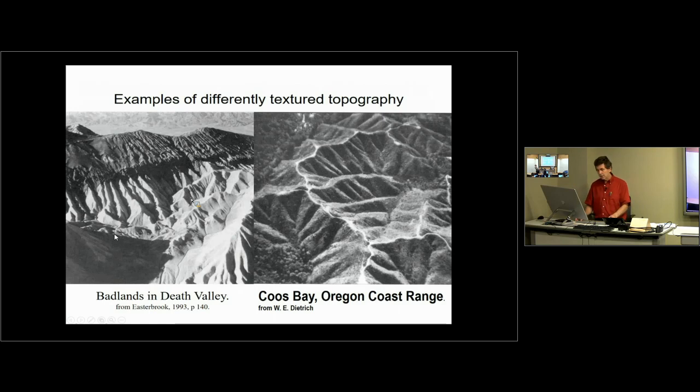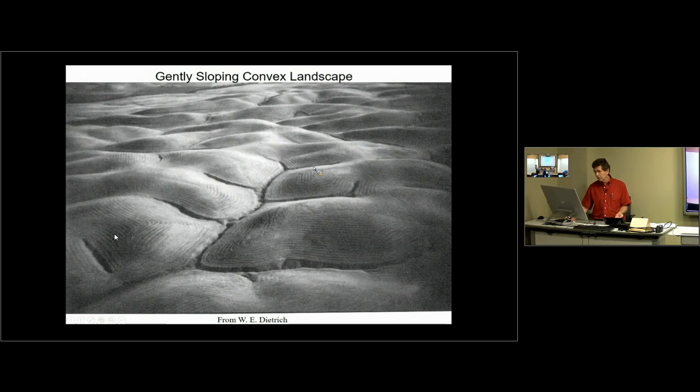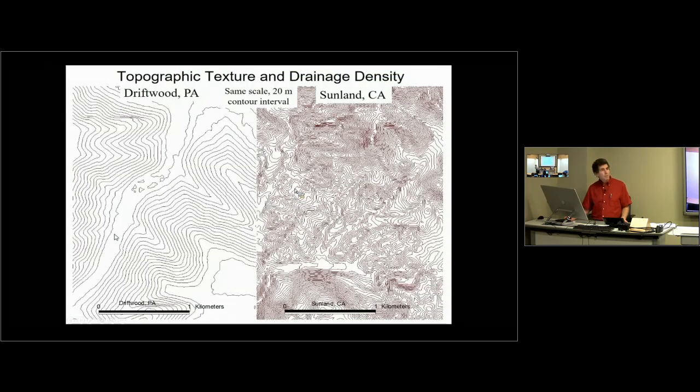So I've just got a couple of pictures here that I'll go through quickly to sort of motivate this idea. Different textured topography. So you might have badlands, which have very fine flow networks, or this is a picture of the Oregon Coast Range from a geomorphology book. Another picture from a geomorphology book shows a very different topography texture. You can go to maps or digital elevation models and map the contours, and here I picked a part of California and a part of Pennsylvania, and you get very different crenulations and ruggedness of the topography mapped